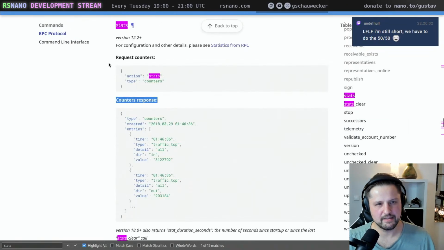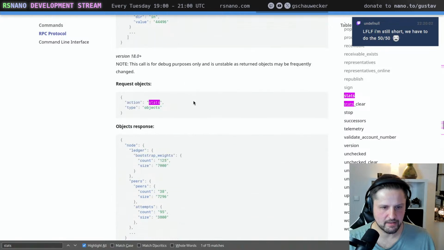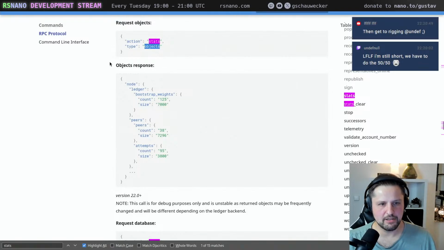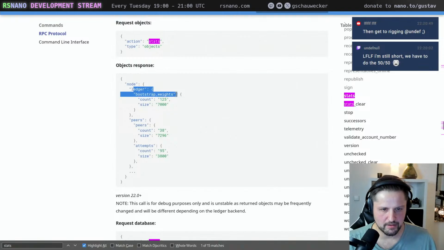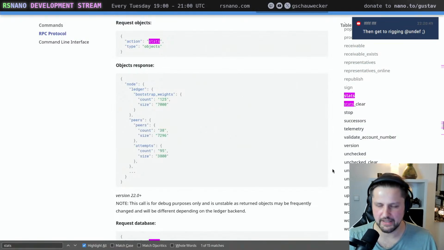You could make the stats request, and you would get counters and samples, and where is the objects? If you make the RPC request stats with type objects, then you would get this huge map of all collections that we have in the node, how many items are in there and how big an item is. This is just useful for debugging and finding memory issues.